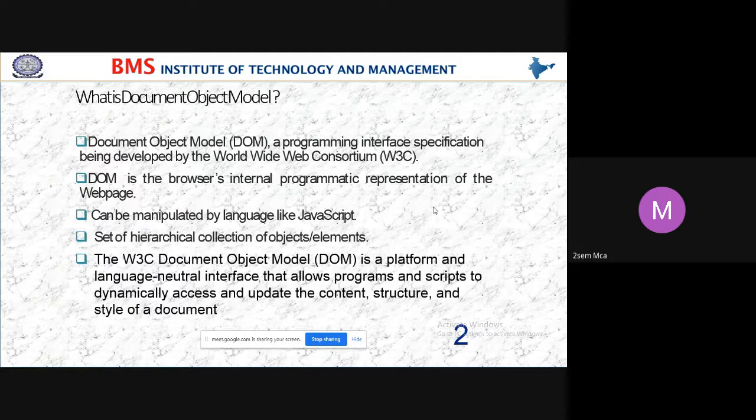We all know that using JavaScript you can develop a dynamic web page. So this DOM is a platform and language neutral interface that allows programs and scripts to dynamically access and update the content, structure and style of a document. So this DOM, we understood why we are using DOM.